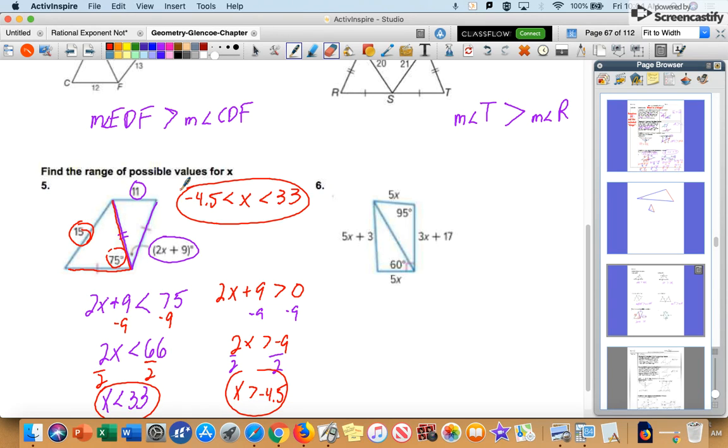Last problem on the practice. We can check our answers here. All right, so I'm going to outline our hinge again. We'll notice we've got 5x here and 5x here. We've got the shared side, so our first hinge is the 60 degrees, and our second hinge up here is going to be